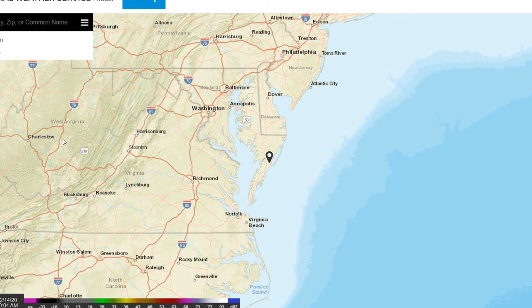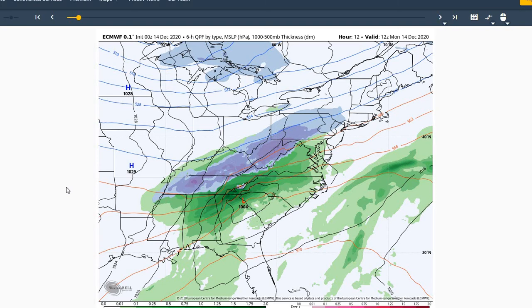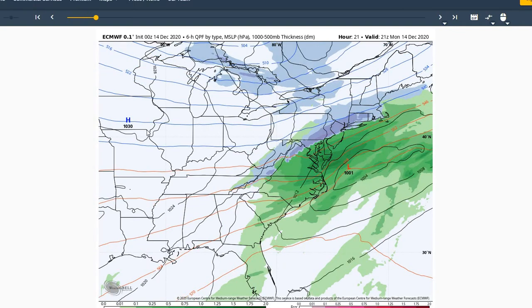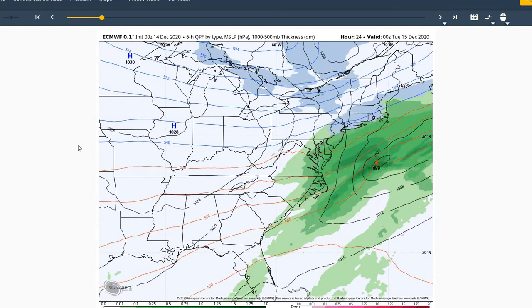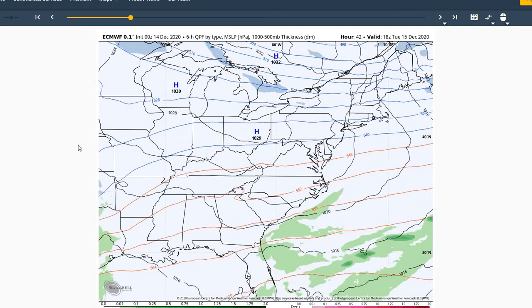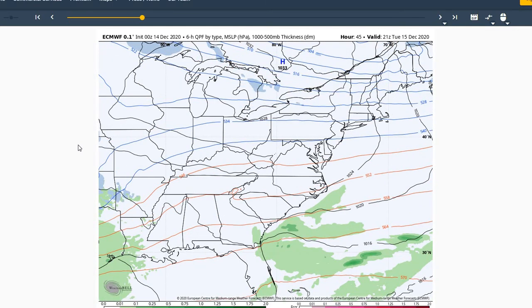Well, we'll move on to the European model. Looking at our chances of precipitation at 100% today, then seeing a band of some wet snowfall on the north and west side of this area of low pressure, well north and west of our region, but seeing some colder air being filtered in behind this area of low pressure as high pressure builds in. And that'll provide us with a chilly start for Tuesday, and only temperatures reaching the lower 40s for our Tuesday